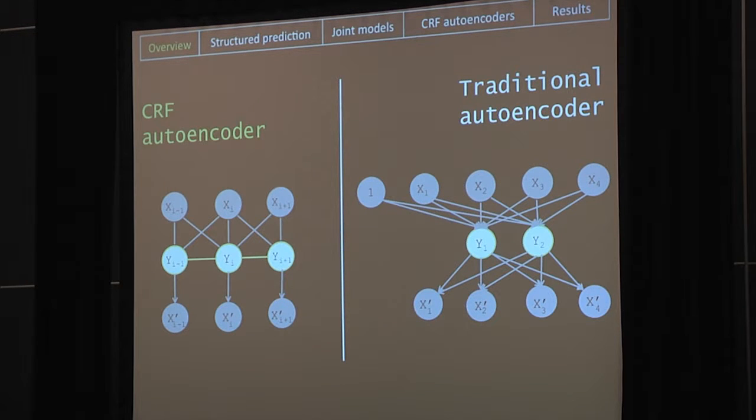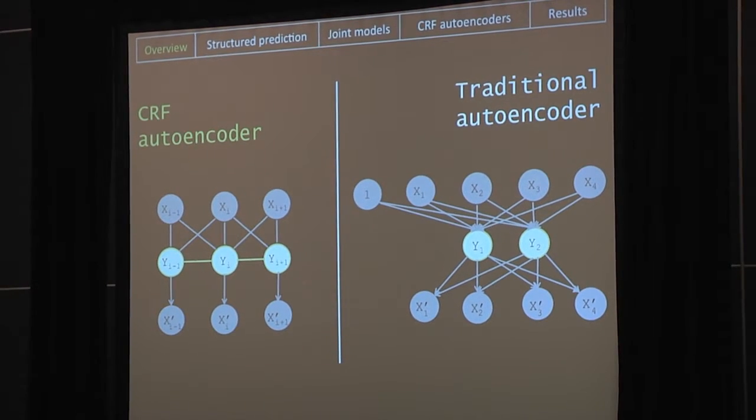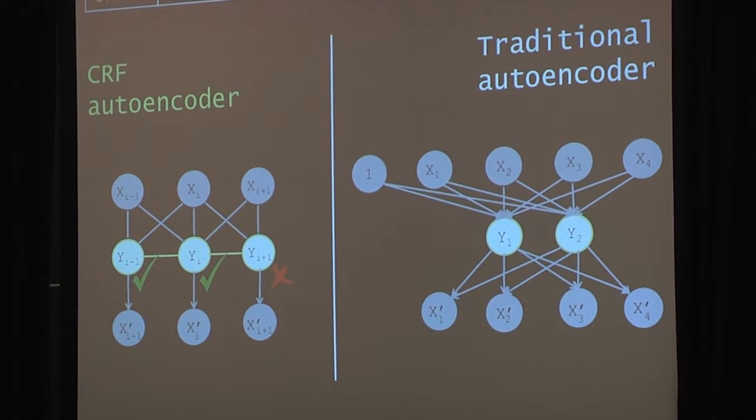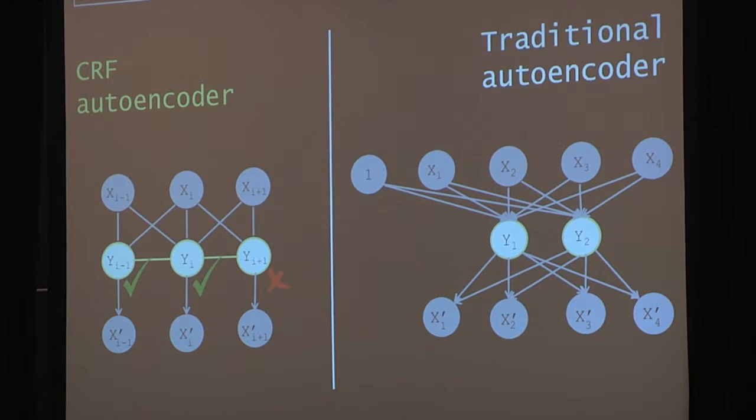CRF autoencoders differ from traditional autoencoders in several ways. For example, in the CRF autoencoders, there is a structure among hidden variables, but we must define this structure such that the partition function of the CRF is tractable. Also, in CRF autoencoders, the hidden layer directly represents the output we're trying to predict, which can be directly evaluated against gold labels. This is not to say that CRF autoencoders are better or worse than traditional autoencoders. They are just meant for different purposes. Traditional autoencoders are great for finding a distributed representation of the input, while CRF autoencoders are great for unsupervised structured prediction.